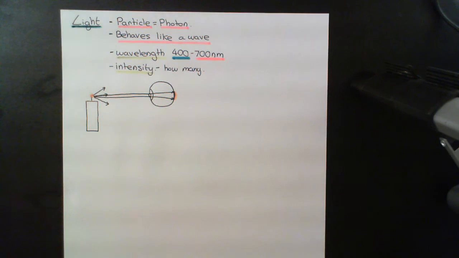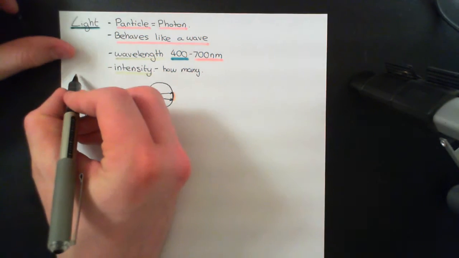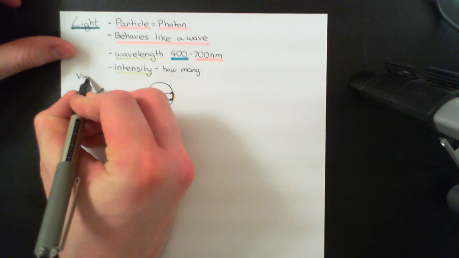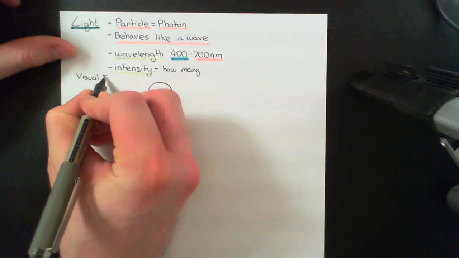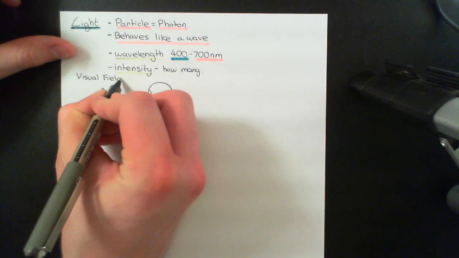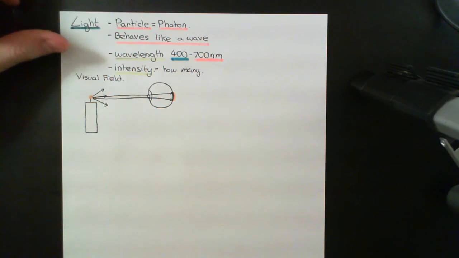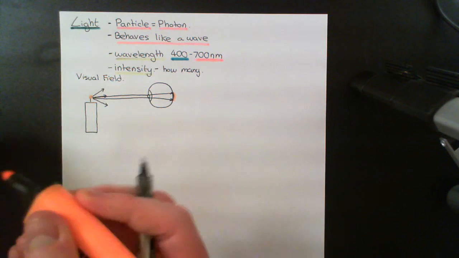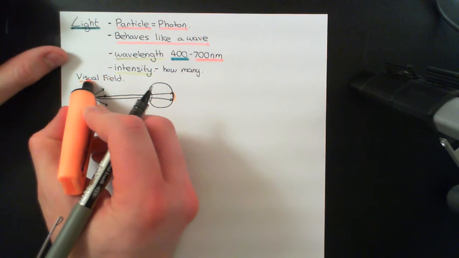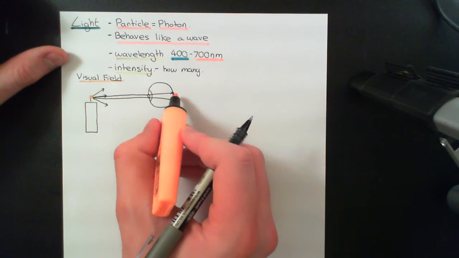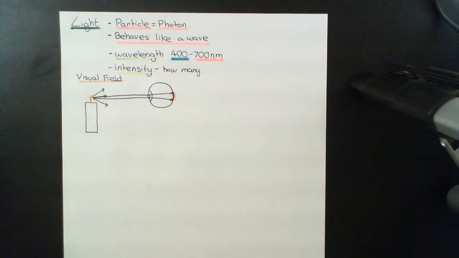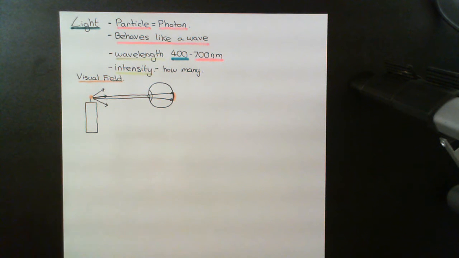So the image of this tiny little point in the visual field, and that's actually a key phrase that we're going to use throughout this video, visual field. So that's just the field of vision, what we're looking at. So this tiny little point in the visual field is actually putting light onto a huge great portion of the retina, and this is a problem. We do not want a tiny little portion of the visual field corresponding to a massive great portion of the retina,